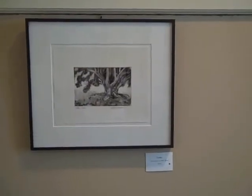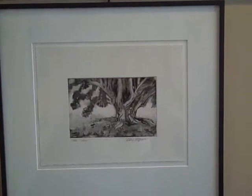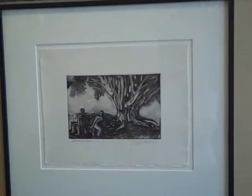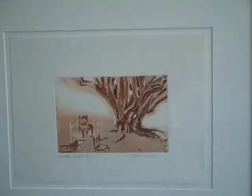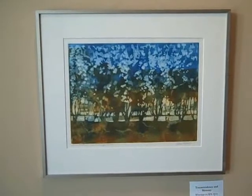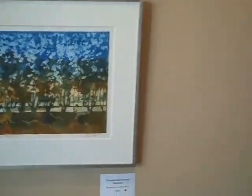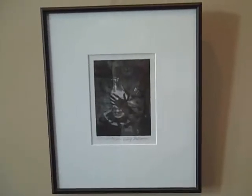Here's a series of monoprints based on the same etched zinc plate. This is called Coda. Next to it, Trilogy. Next to it, Memory Lingers 1 and Memory Lingers 2, which are examples of a ghost print. This piece is Transcendence and Memory, a monotype produced on a plexiglass plate, as is Self-Portrait. Nightshade is also a monotype. The Seer